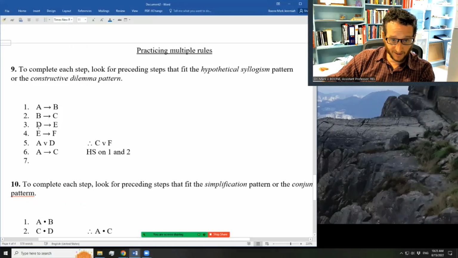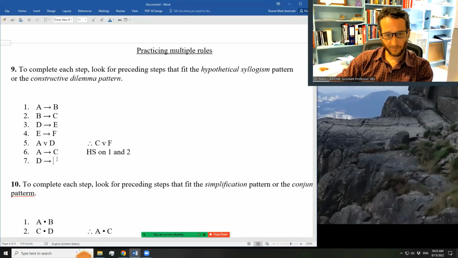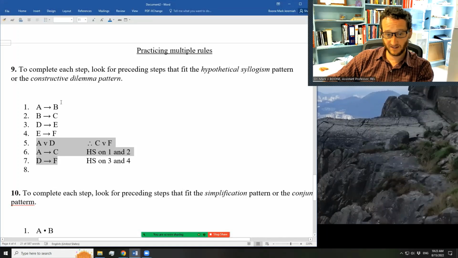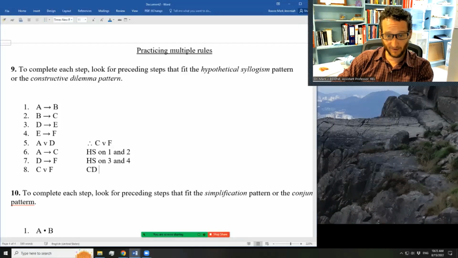And then I can do a hypothetical syllogism on 3 and 4, giving me if D then F. And now probably I can ignore 1, 2, 3, and 4, and I just want to look at these 3 steps: A or D, if A then C, if D then F. So as I suspected, I can now go straight to the conclusion with a constructed dilemma on lines